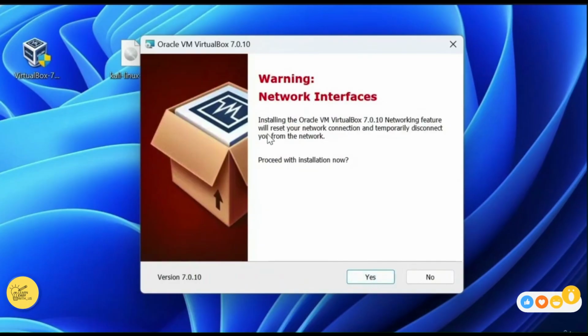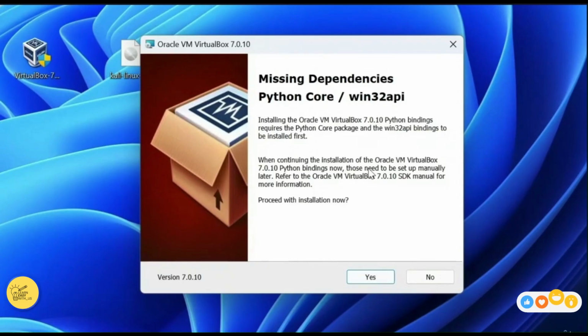And here we got a warning that says installing Oracle VM VirtualBox networking feature will reset your network connection and temporarily disconnect you from the network. Now, it's just a warning that says you might be disconnected from the network while installing VirtualBox. In my personal experience, this has never happened, but it might happen for you. So if you're doing anything important over the network at the moment, wait for that to finish and then proceed with the VirtualBox installation. I will just proceed with the installation right now by clicking on next or on yes,